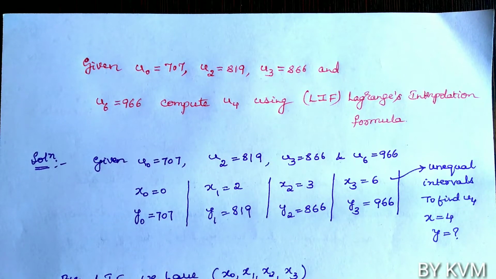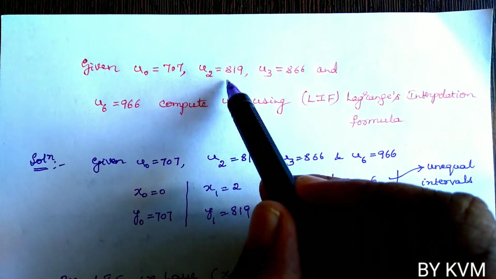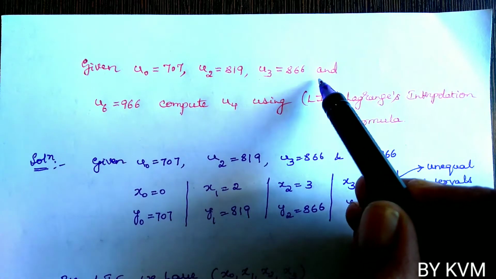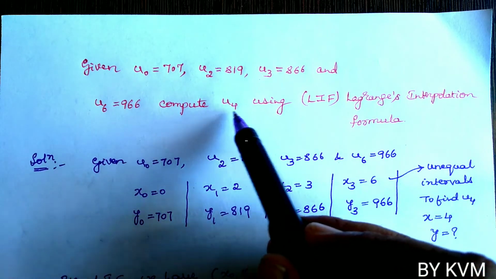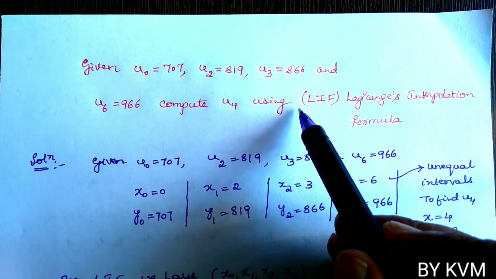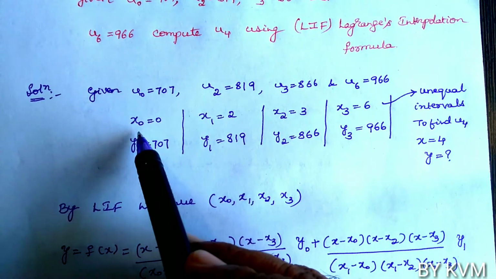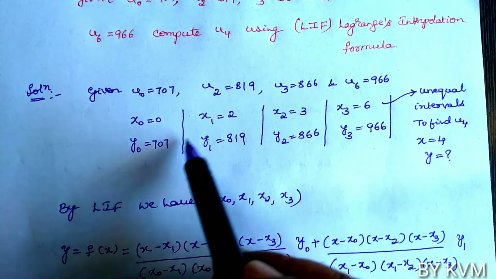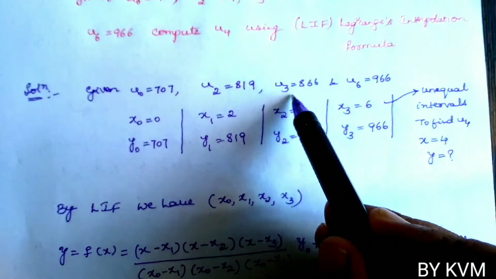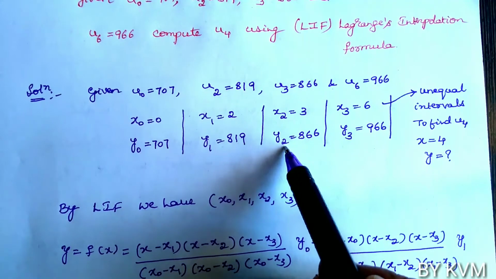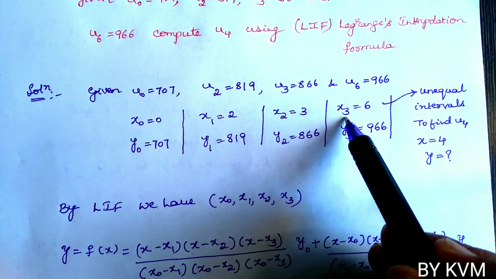Now let us solve the problem on Lagrange's interpolation formula. Given u0 equals 707, u2 equals 819, u3 equals 866 and u6 equals 966. Compute u4 using Lagrange's interpolation formula. So here u0 equals 707 means x0 equals 0, y0 equals 707, u2 equals 819 means x1 equals 2, y1 is 819, u3 equals 866 means x2 equals 3, y2 equals 866, and u6 equals 966 means x3 equals 6